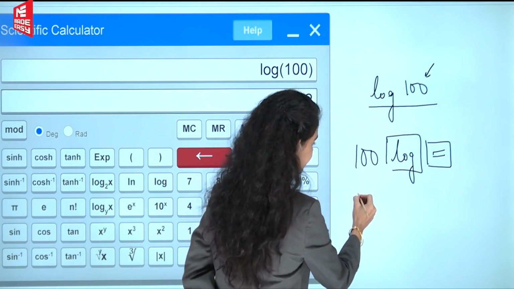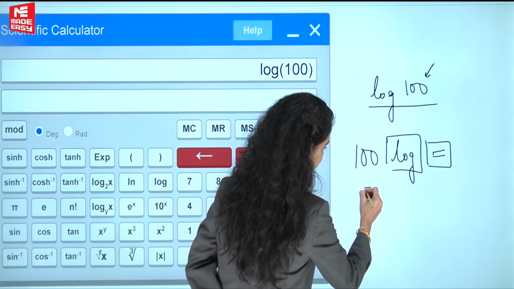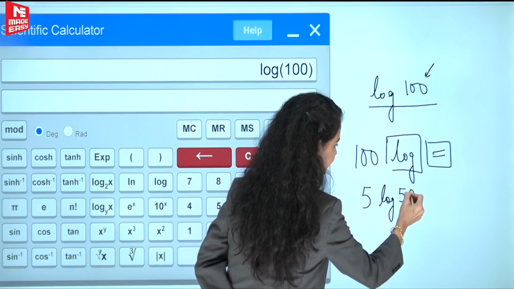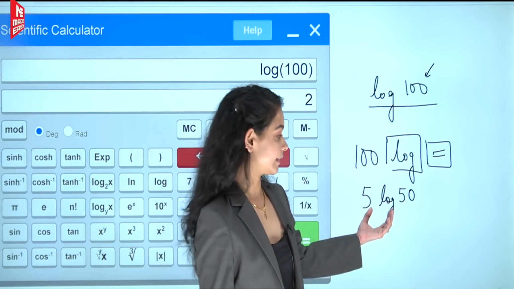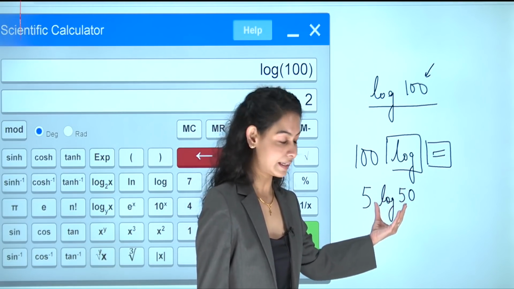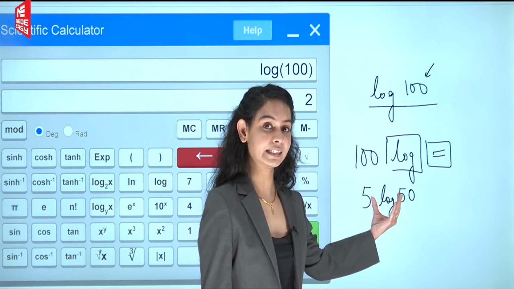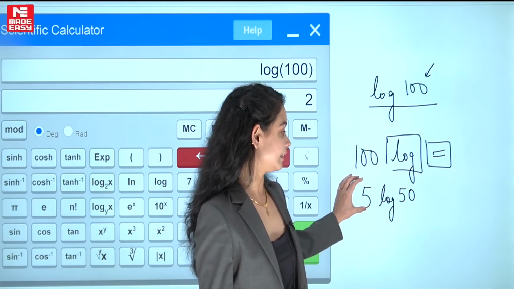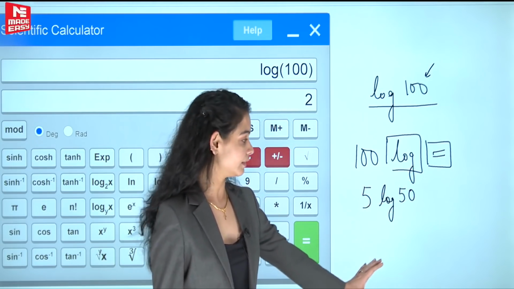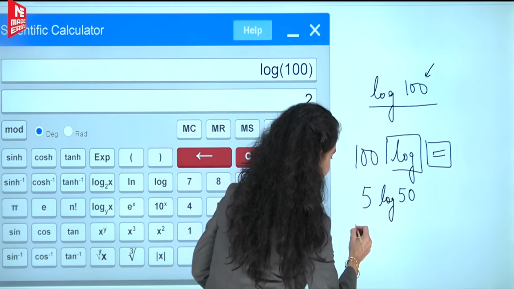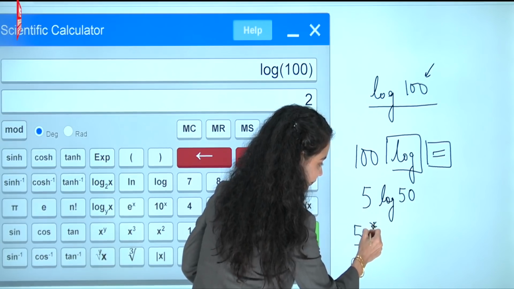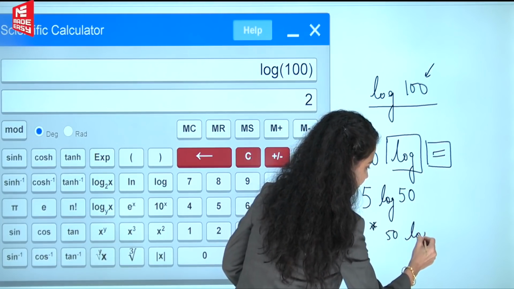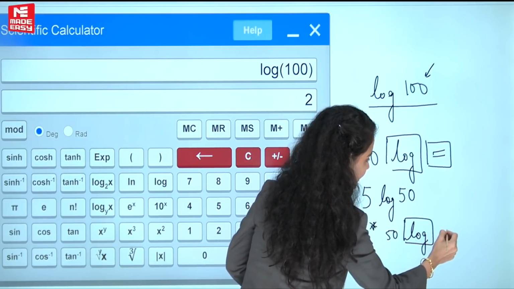Similarly, you can calculate, let us say, 5 log 50. So to calculate this, again log 50 is your function here. The algorithm will again follow here. First you have to enter the value of x, then the function tab. Now in this there is a 5 which is in multiplication with log 50. So how will you do this calculation? 5 into log 50, you will have to write 50 first and then the log tab, press equal to.